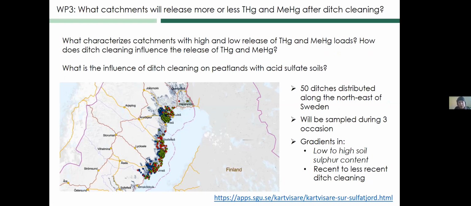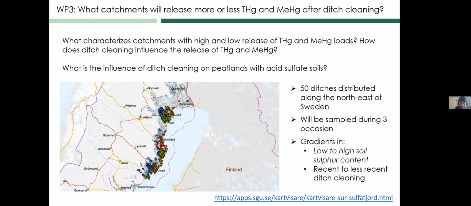We will not only conduct research in Trollberget, we will also do a synoptic sampling to evaluate what catchments will release more or less mercury after ditch cleaning. We will locate these along the northeast coastline of Sweden, and the reason for why we want to be in this area is that this is an area where we have quite a lot of acid sulfur soils,